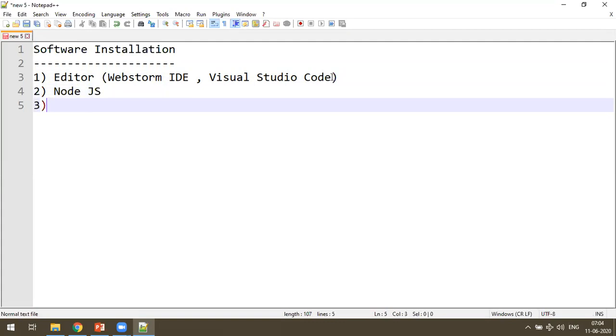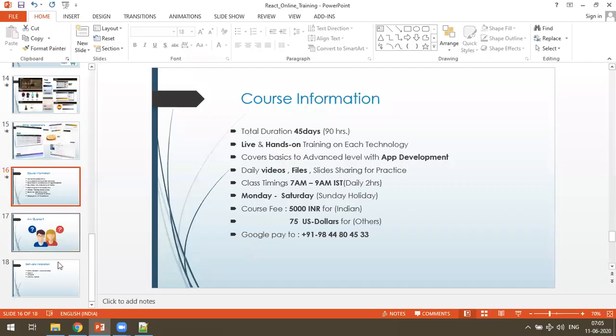Okay, so after we finish this, you have to install another software called Node.js. This is a backend platform to write server-side code, and it also comes with a beautiful package called Node Package Manager, that's NPM, which allows us to create even a React.js or Angular application, and it's a bunch of commands that come with Node.js. So this we have to install, and along with this, today we are installing another software called MongoDB. Anyway, today we are not starting with MongoDB, but I just wanted you to be ready with this software called MongoDB. Okay, fine.